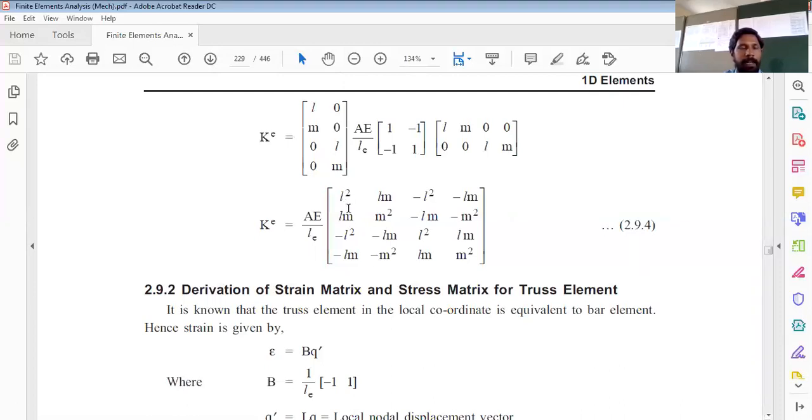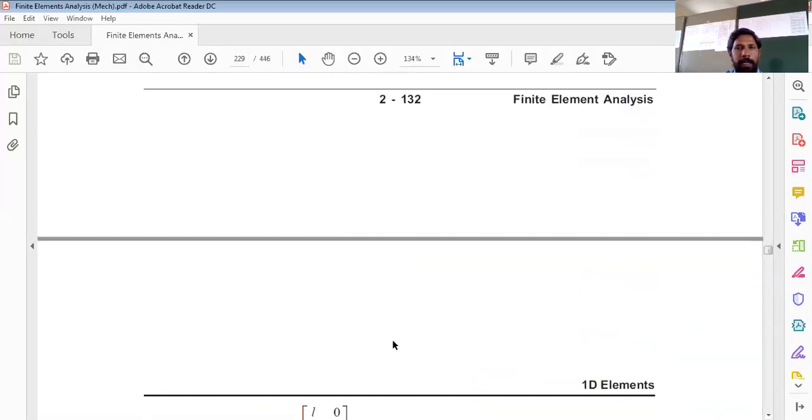So you can calculate L either straight away with the help of L is equals to cos theta, or you can use the formula L is equals to x final minus x initial divided by length of element, and M is nothing but the sine theta, or it is the final value of y minus the initial value of y divided by length of element. So you can use this stiffness matrix of truss element for the numericals.